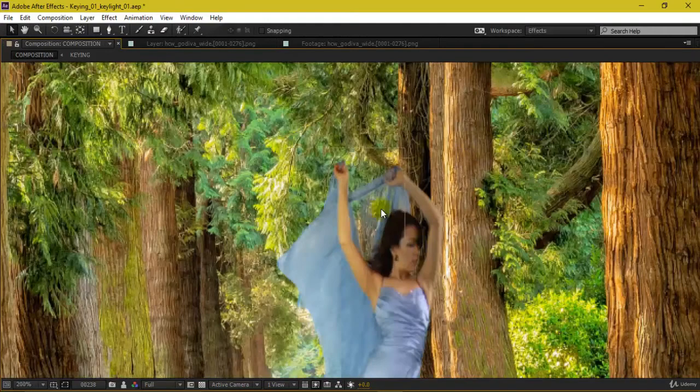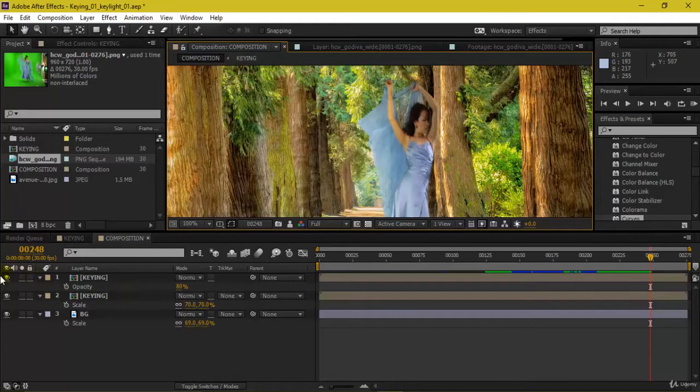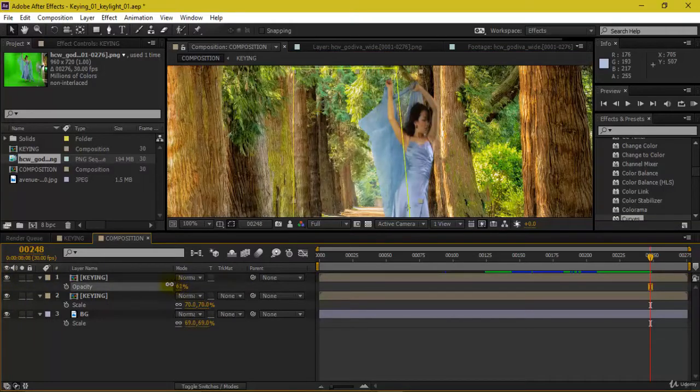Even if there is a nice transparency observed here, you can decrease this down a bit.